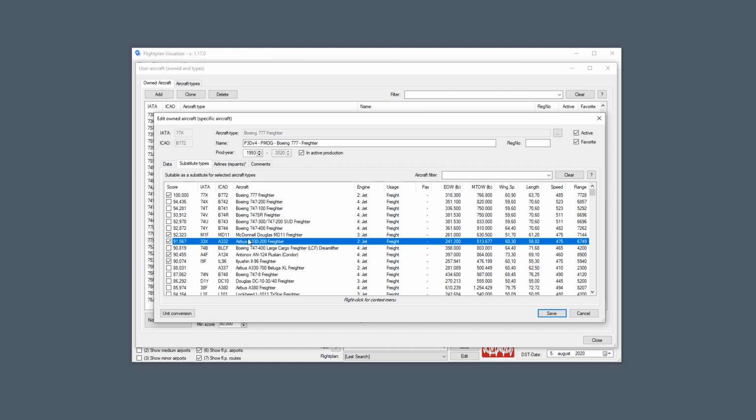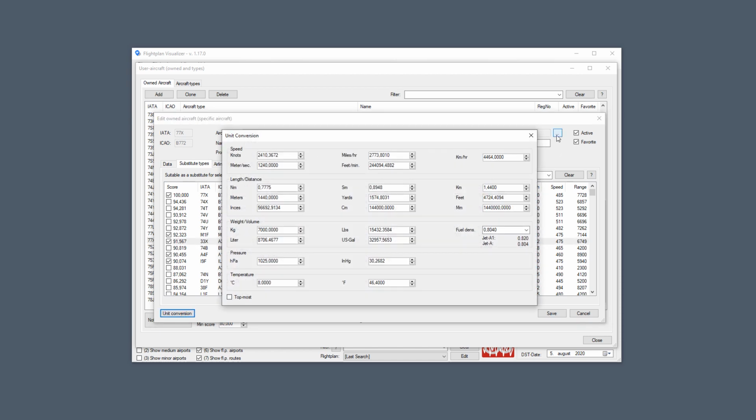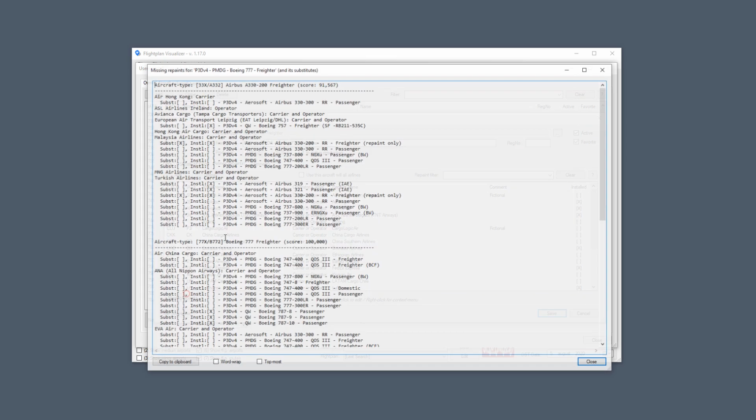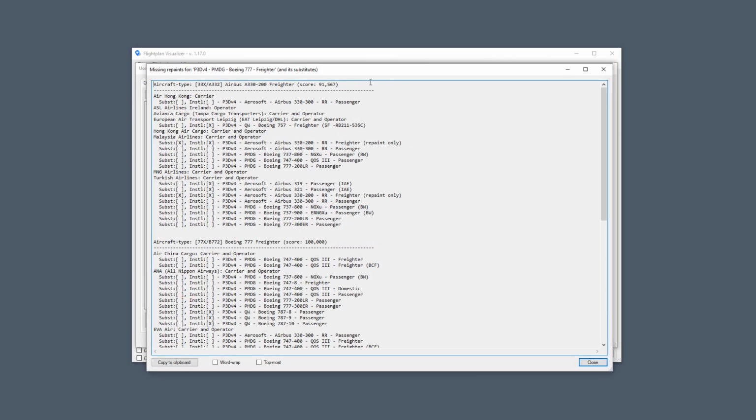And the reason I've done that is because for that Aerosoft 330, I might be missing some repaints that I instead have as a freighter version. And that's why, if I press the correct button, it tells us this aircraft. So we are told for this aircraft type,